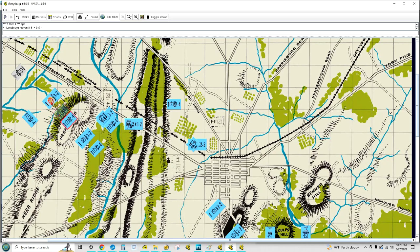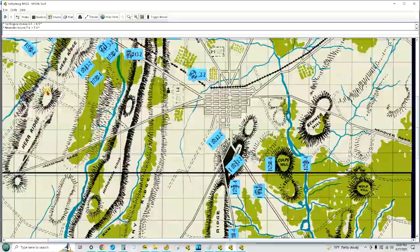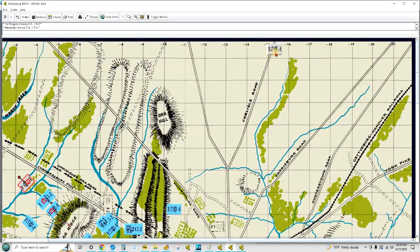And we move into place. That's going to lock this guy here into place. And that is the Union move. Okay, Confederates get to move. They're going to bring in their...